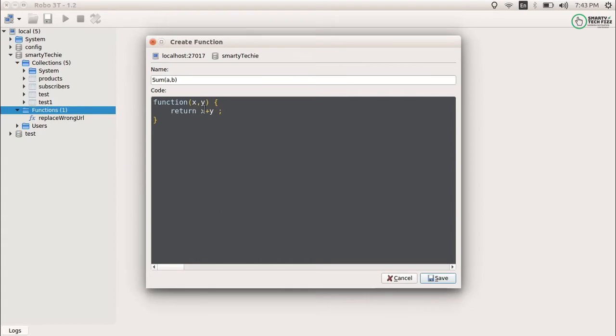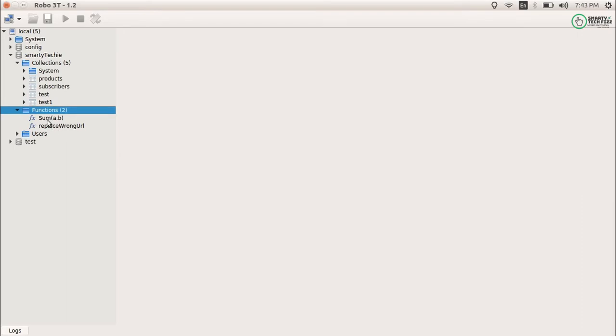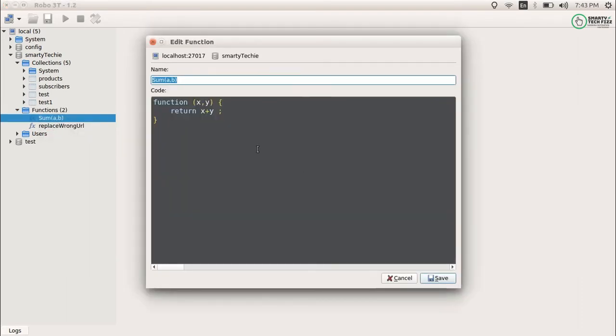What will it do? It will take the parameters x and y. We will provide it a, b, and it will return x plus y, the sum of it, and then save. You can say it is created, and yes, it is created now. So this is the first way that you can add the function.